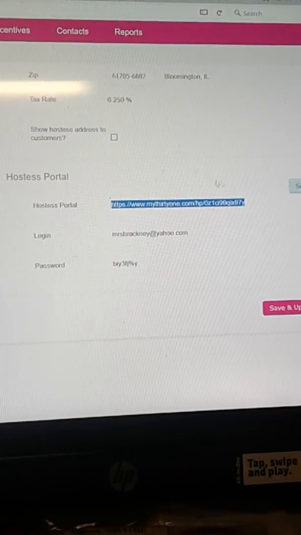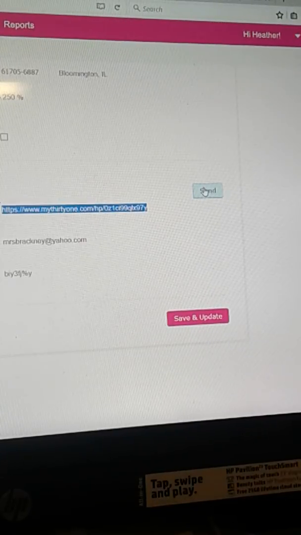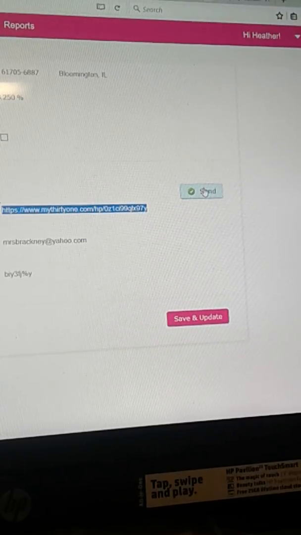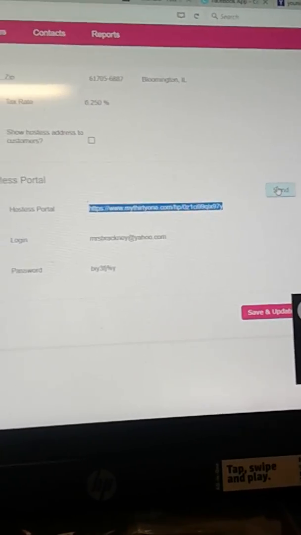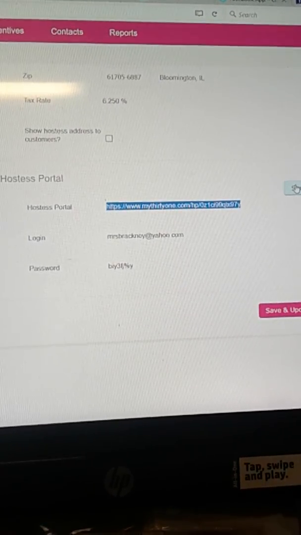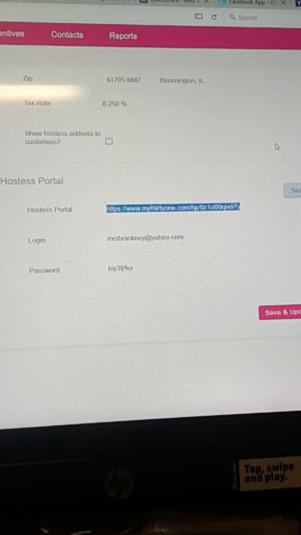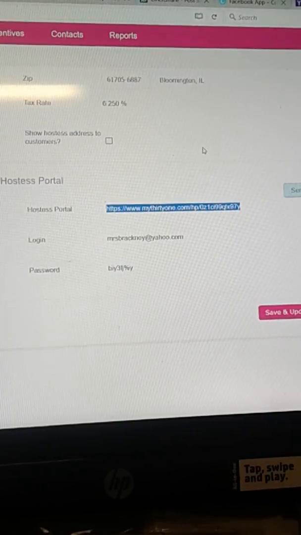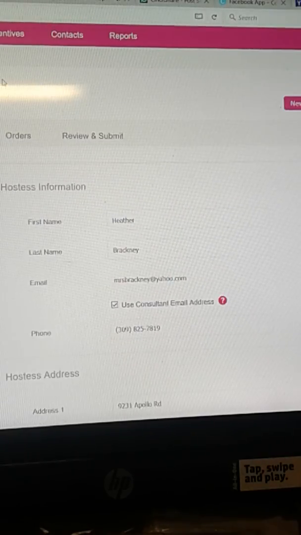So anytime you're ready to go ahead and send that to your hostess, you can click on the send button, and that's going to send her an email. Now my email may pop up here in a minute, and I can show you when it does what the email looks like coming from the 31 from your website. So coming back up here